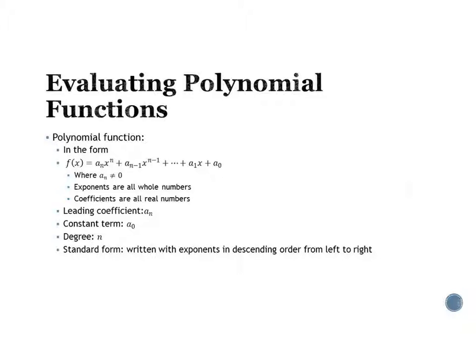So for instance, if I gave you 5x to the 4th plus 3x squared, so you can have missing terms essentially, plus 1, that is my leading coefficient. We'll call it the LC. That is my constant. That is my degree. Okay,